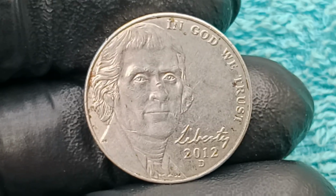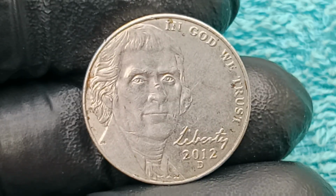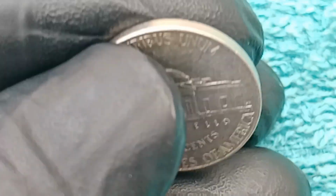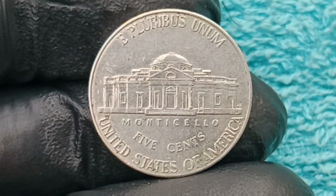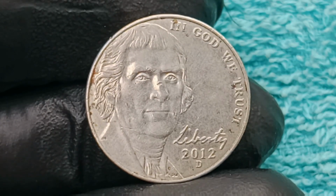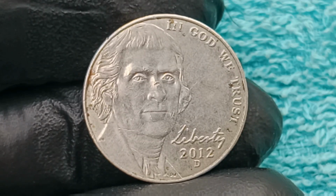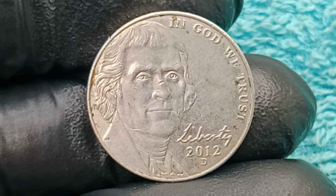But that's where the magic of coin collecting lies, in finding something extraordinary in the ordinary, something that turns a 5-cent piece into a treasure worth more than the most expensive jewelry. And when one of these coins appeared at a private auction and shocked experts by selling for nearly $48 million, it changed how people viewed modern U.S. coinage forever, breaking records and igniting a new wave of coin hunting frenzy across America as everyone rushed to check